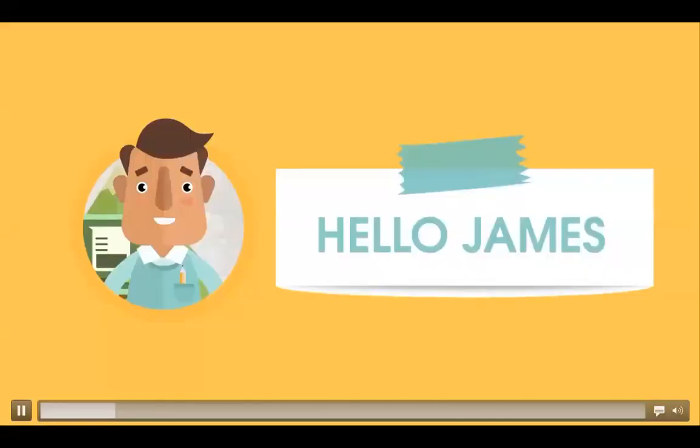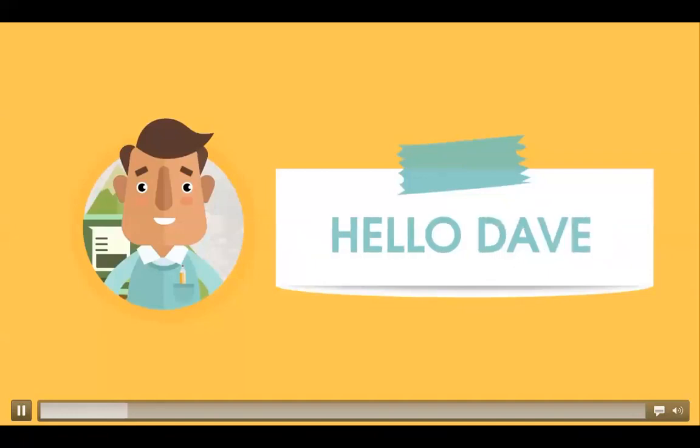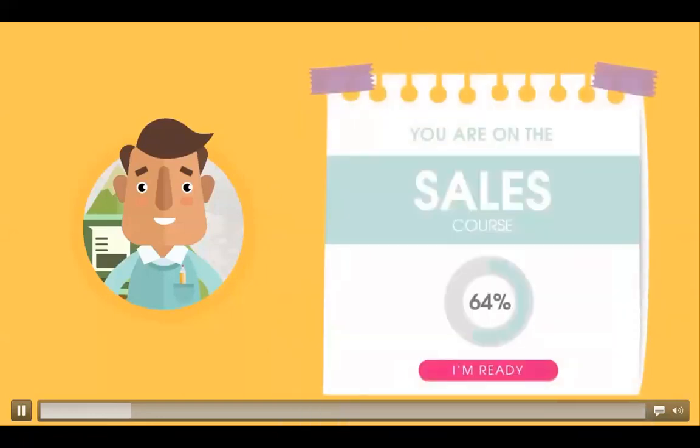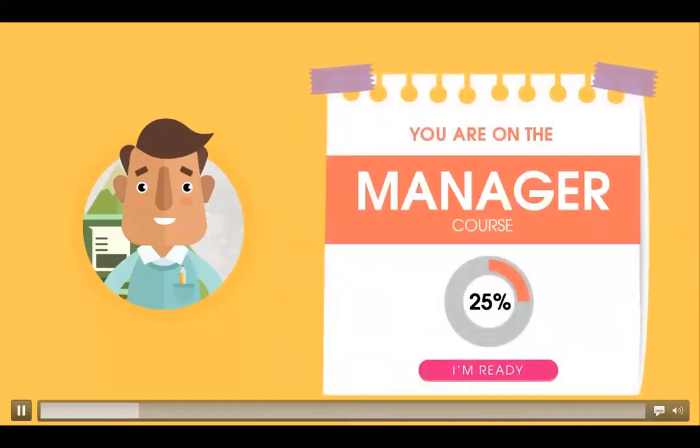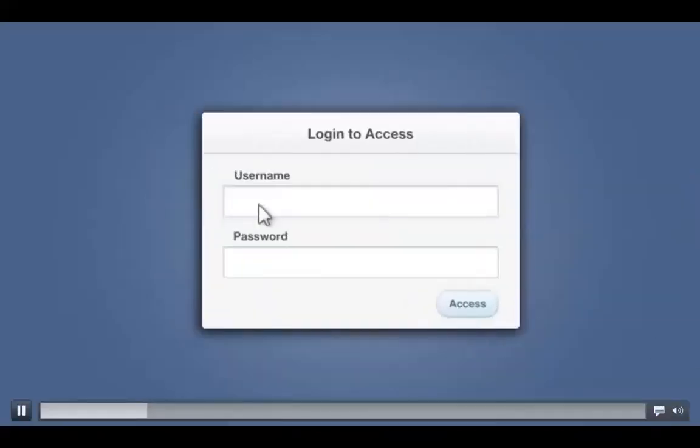Leverage known data. Pass in known user information from your LMS and create personalized videos that directly communicate with each viewer. Show video content based on an employee's role and tailor content based on an employee's achievements or current ability. Sign in. Restrict content to specific employees or learners by creating password protected content.